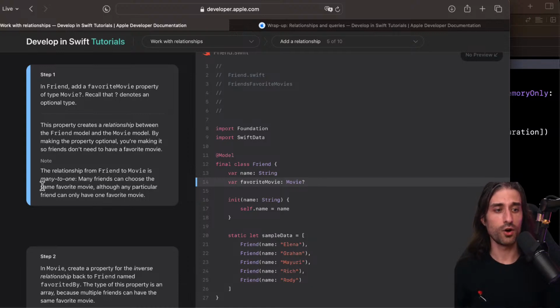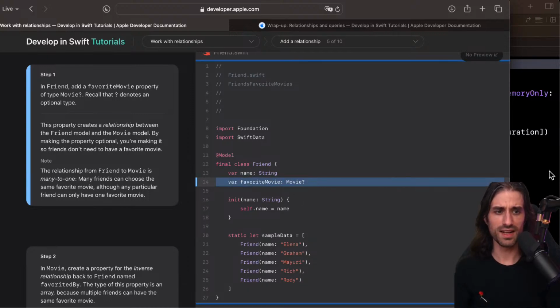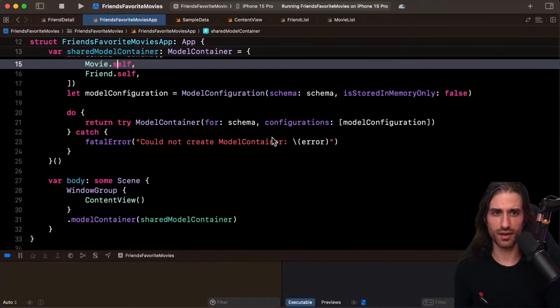And the question is, how do you make sure that you only define the data once and then it's accessible everywhere? If you set that this friend has this movie as their favorite, how do you make sure that from the movie you can get back the information that the friend is among the people who have this movie as their favorite? That's typically where frameworks like Swift Data are very useful, because they take care of handling this data consistency for us. So let's add in the friend file.